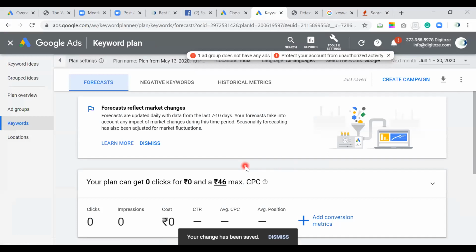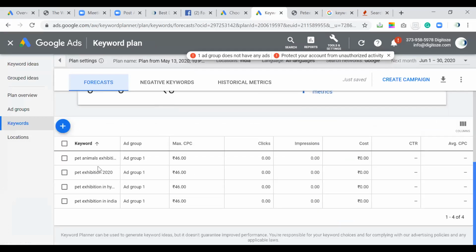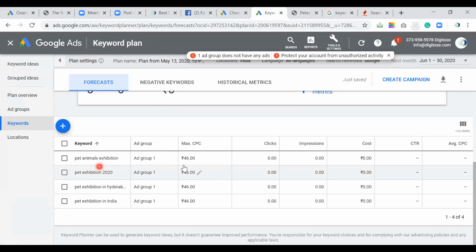So these keywords are not having very much impact, but still this is showing that yes, these keywords could cost somewhere around 46 rupees, approximately, is what Google is saying for this particular keyword.